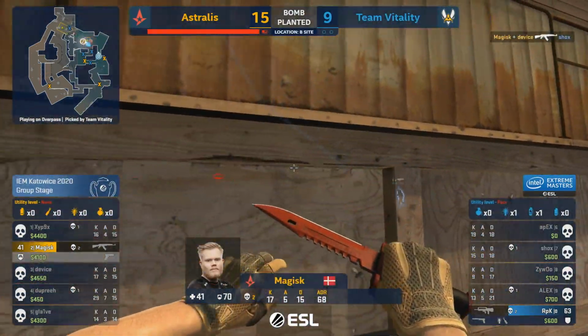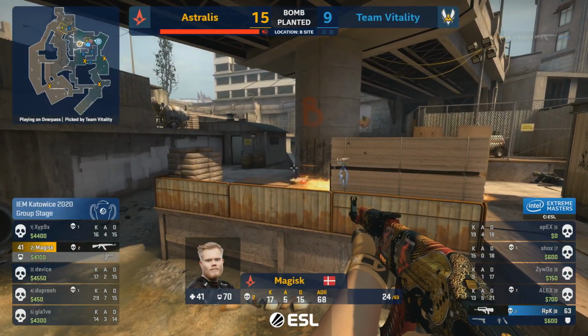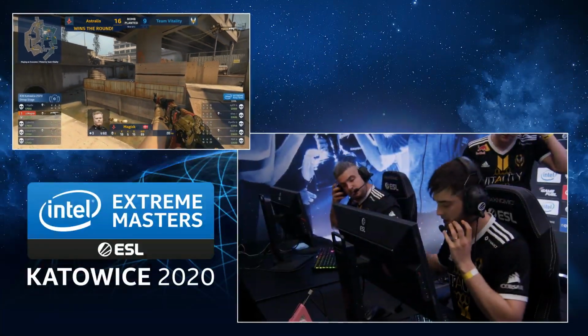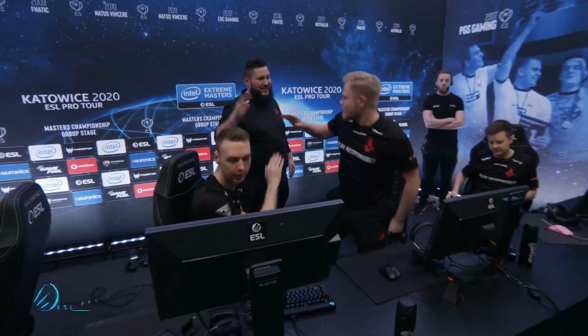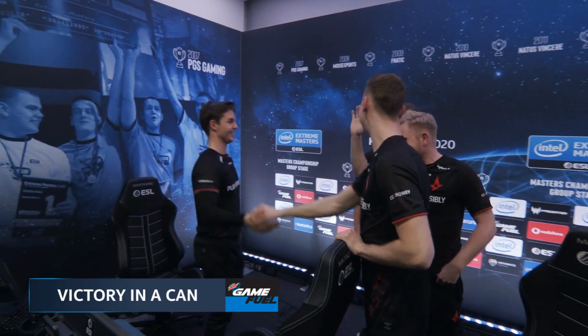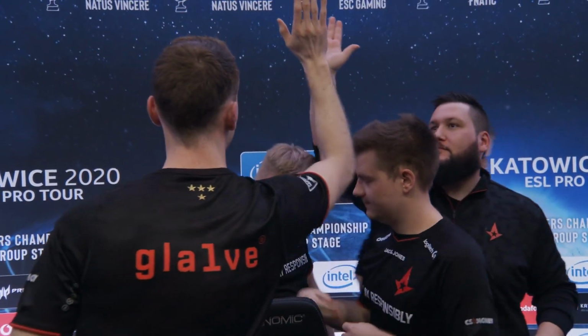Oh, dear. No, and Magisk catches Shocks. A big flaming flag telling him exactly where he was holding, and now it's RPK hunting for his triple. Can he save them? He can't. It's Magic Man that does it again and secures the first of the series. Astralis Vitality delivering in its first. Yeah, really entertaining map to kick things off here. It will be Astralis taking the map hit of Vitality there. You've got to give MVP